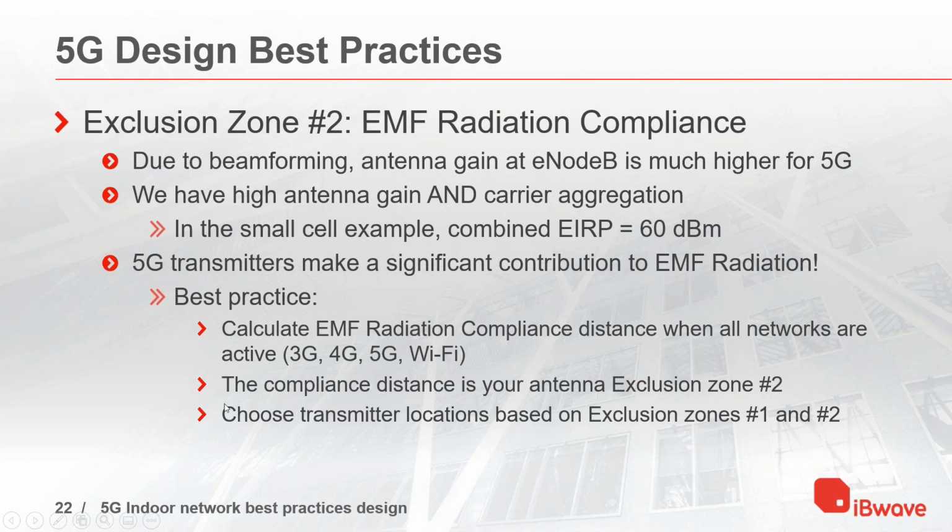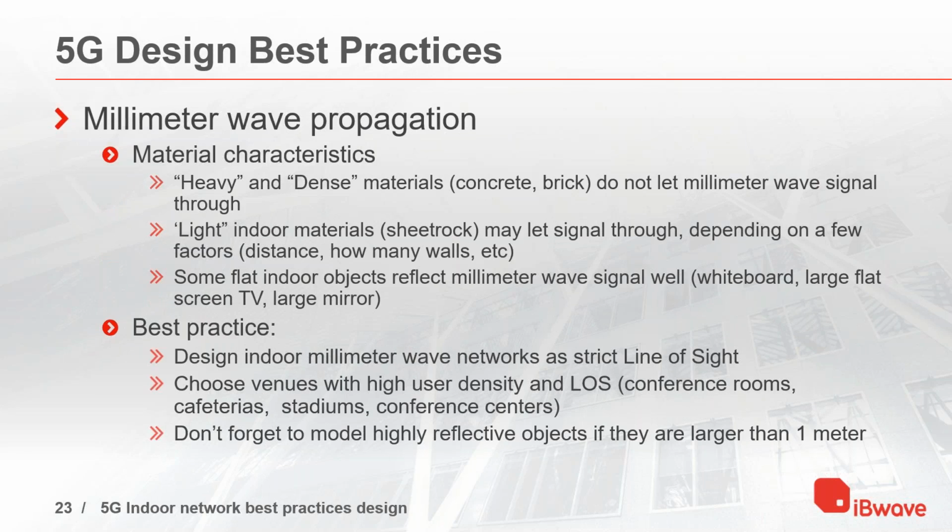When you figure out what that compliance distance is, that is your exclusion zone number 2. Now that you have exclusion zones 1 and 2, you need to figure out which one is larger and try to find locations in the venue where you can have clearance between your antenna and the larger of those two exclusion zones. Now,